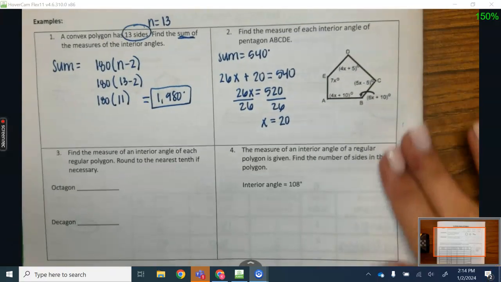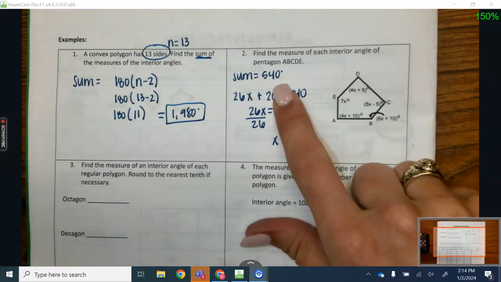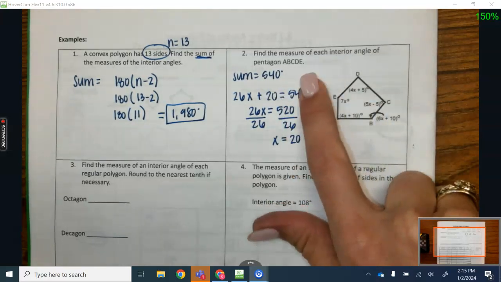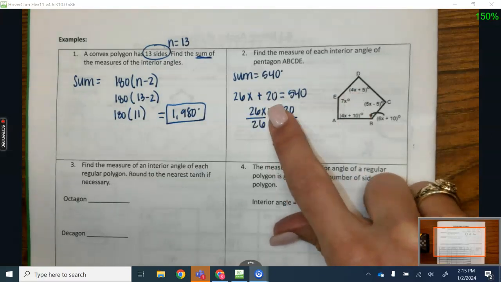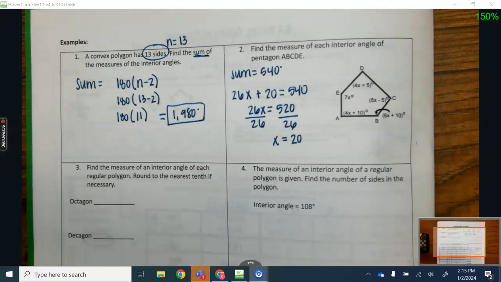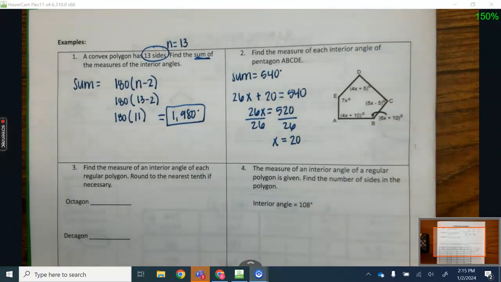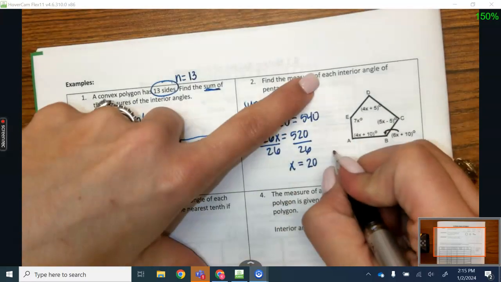Okay, so where we left off in part 1 was that we solved for x, right? We knew that the sum of the angles of the pentagon was 540. We added all of our angles up together to get 26x plus 20 and solved for x. So if I were to go through and find the measure of each interior angle, I would just need to be plugging in x for each. So if I start with the measure of angle A,